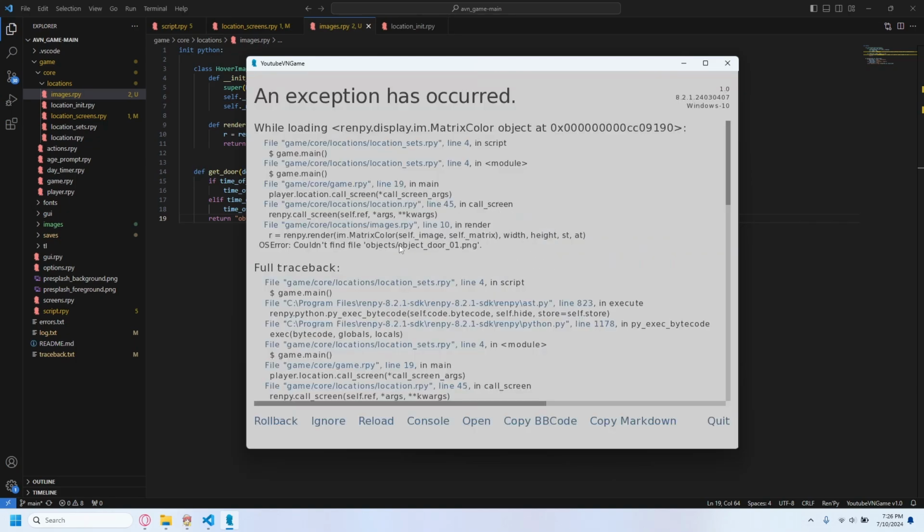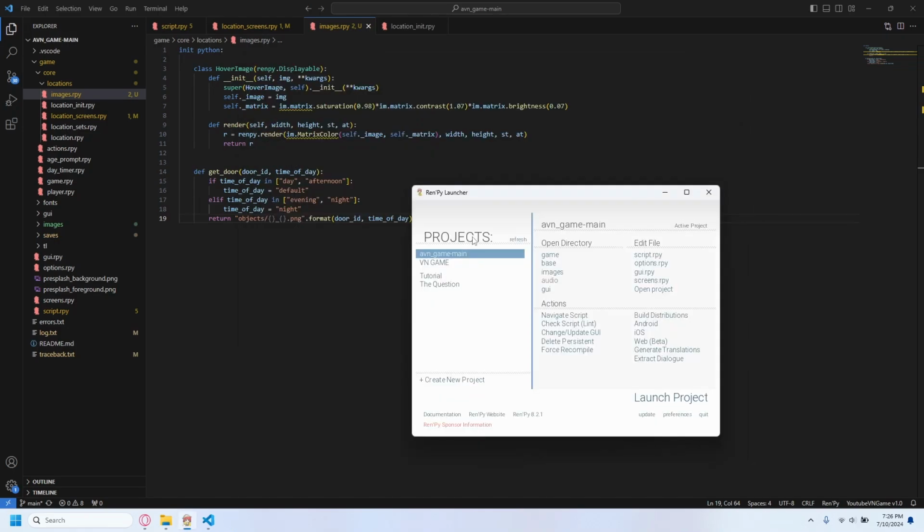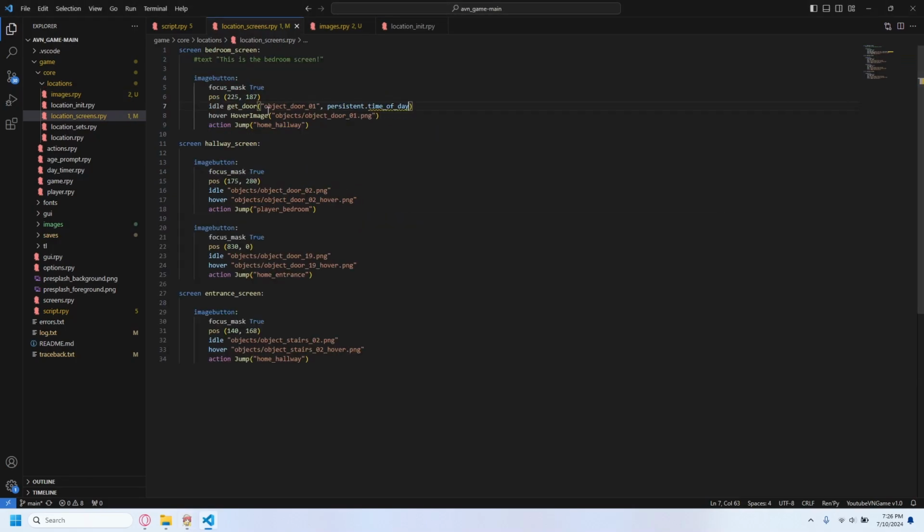Okay. So this is because the object door, now that we have renamed it to object_door_01_default, it can't find that file anymore. So let's go ahead and do the function as well in here. It is get door, and again remove the .png,